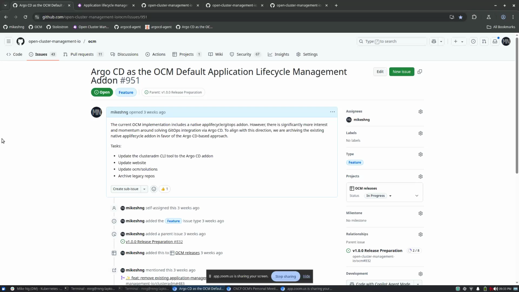So we have our current app lifecycle or GitOps add-on. You can install it through cluster admin. I think it was hub-install and then application-manager. We've been working on that, but there hasn't been a lot of community interest rallying around that particular add-on. But what we do have is a lot of interest around Argo